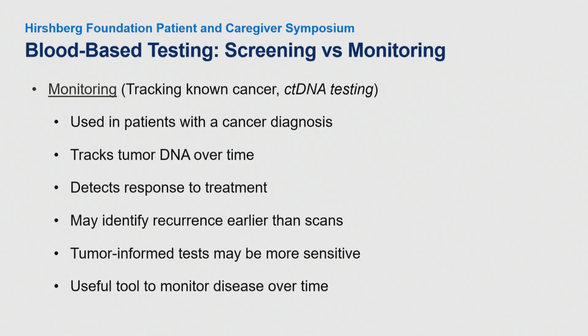So these are patients that have cancer, pancreatic cancer, for example. And this is now tracking known cancer. And this is what we call circulating tumor DNA testing. And so it's used in patients with a cancer diagnosis, and tracks tumor DNA over time. We can accurately monitor responses to treatment, and it may identify recurrences earlier than scans. You can have tests that are informed by the mutations in the tumor that are thought to be potentially a little bit more sensitive. And it's a useful tool to monitor disease over time. So this is a whole new thing, the monitoring, the blood-based circulating tumor DNA monitoring that we were not doing 2 or 3 years ago routinely. But now we're using this routinely to monitor patients'